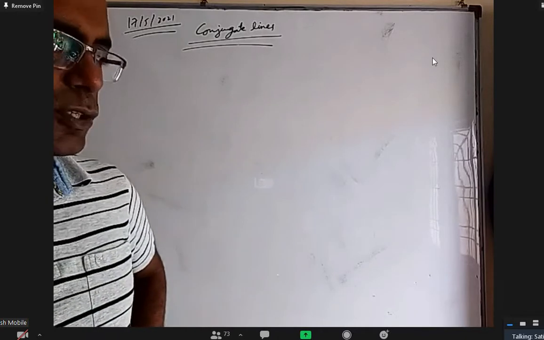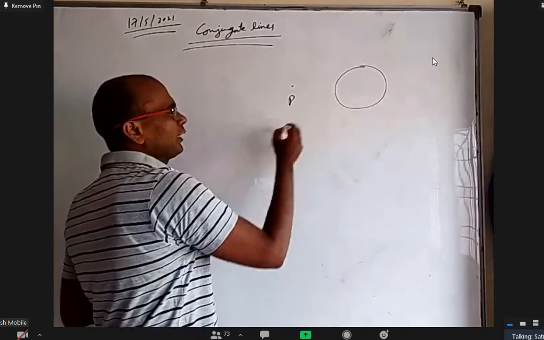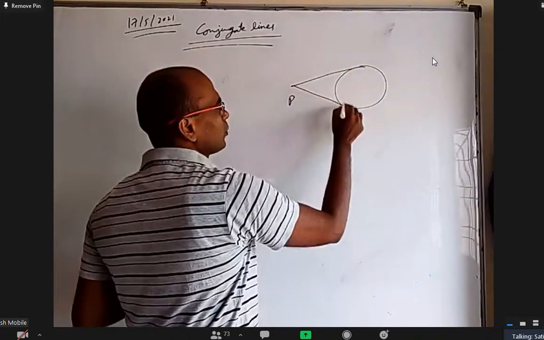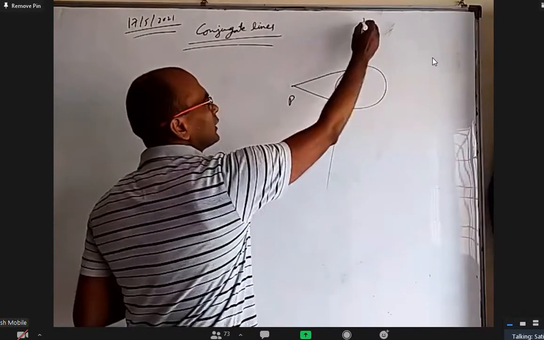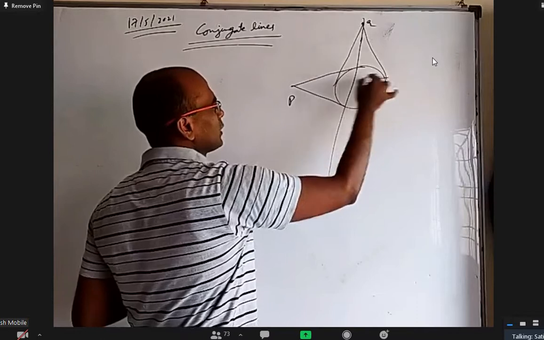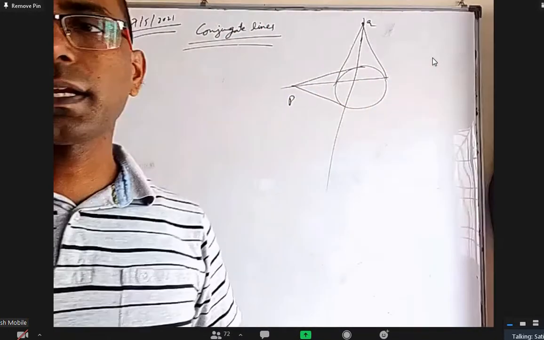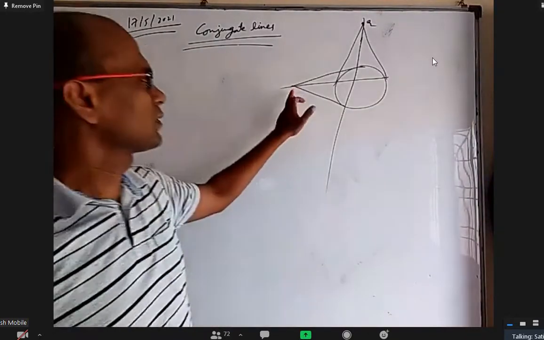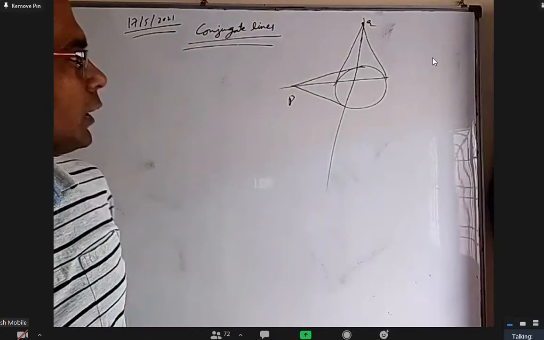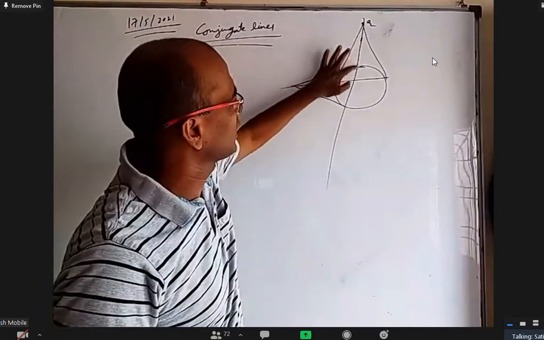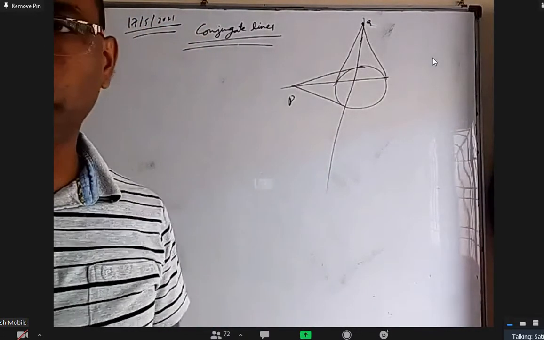Regarding conjugate points, what I said: if P is a point, it will have one polar. If you take any point on that polar anywhere as Q, then the polar of Q will definitely pass through P. Then I said P and Q are conjugate points, and the condition is S12 equal to 0, because if this is x1 y1, the polar passes through x2 y2. And Q can be here or here or here, anywhere. As long as Q lies on the polar of P, P and Q are conjugate points, right?